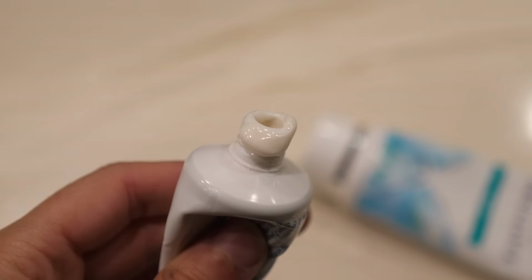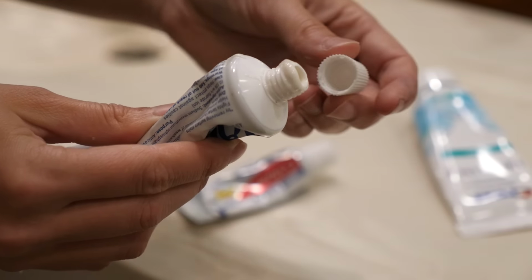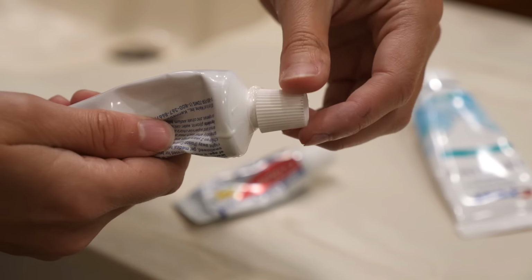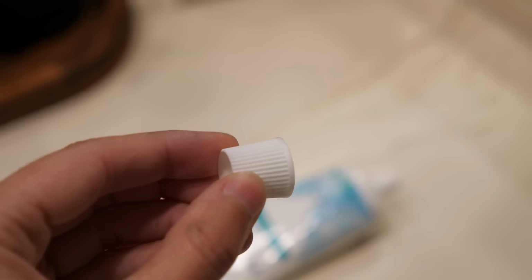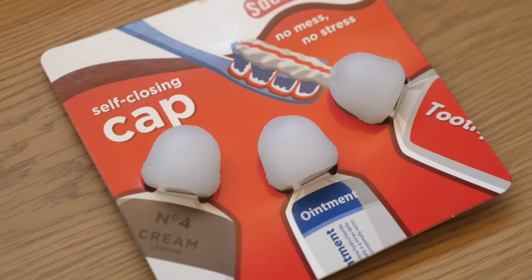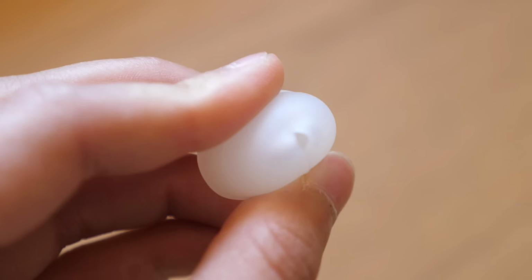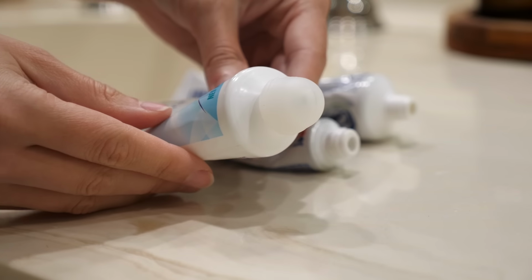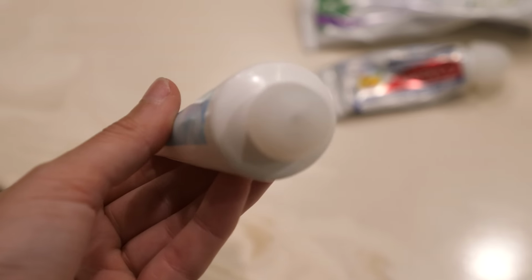Now onto a little bathroom hack. If your toothpaste looks something like this and it gets messy and sticky, or you might be losing your toothpaste cap, you definitely need to swap it out altogether for this self-closing cap. These are little silicone caps that pop right onto your bottle and they self-close. So they open up when you squeeze the bottle and completely seal off to really keep your toothpaste bottle clean